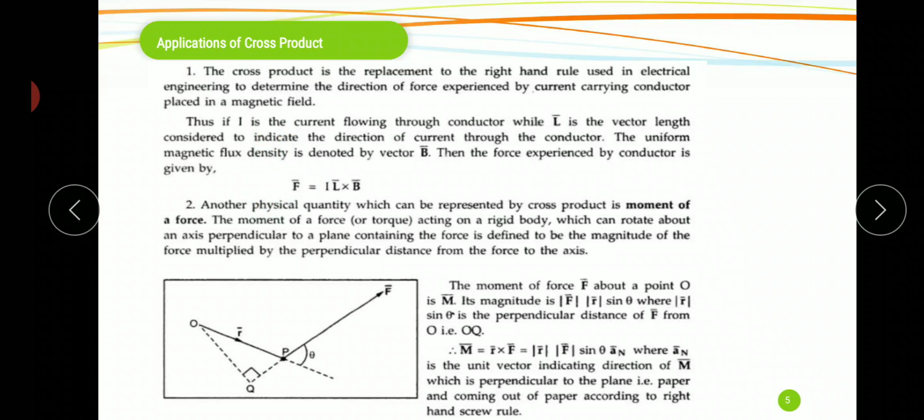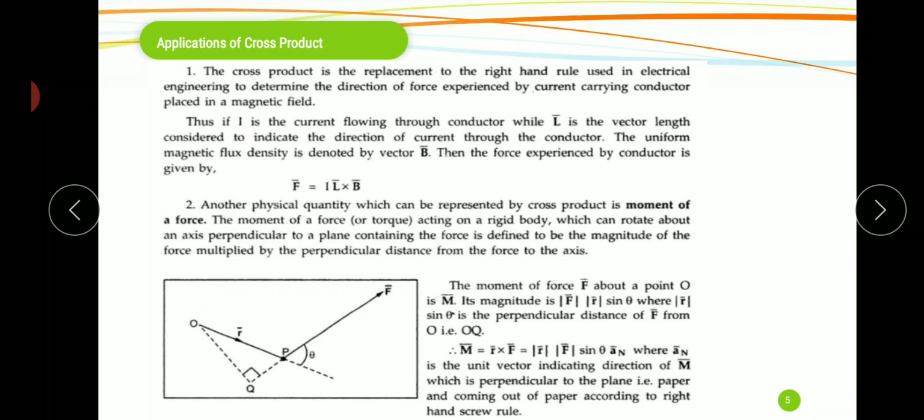For example, the force is represented by the letter F bar. Now here O is a point. Here we have to find the value of m bar,